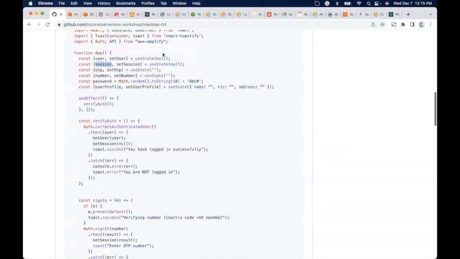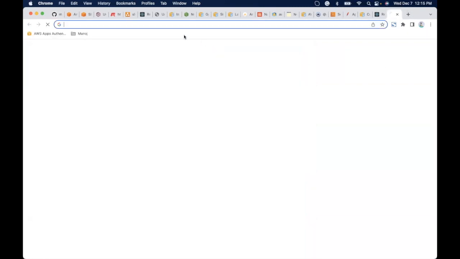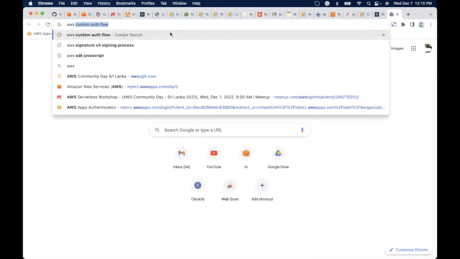Now these are standard React stuff, useState, and I'm also using useEffect here just to verify whether the user is authenticated the very first time, every time this component is loaded. So here I'm again using another method in the Auth module, Auth.currentAuthenticatedUser. Now you might be wondering, where do I get to know about this stuff? That's very easy, because you can just go with Amplify